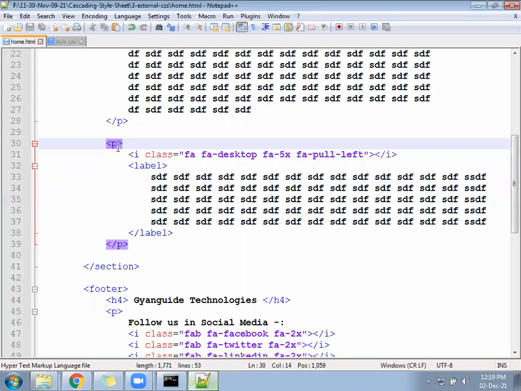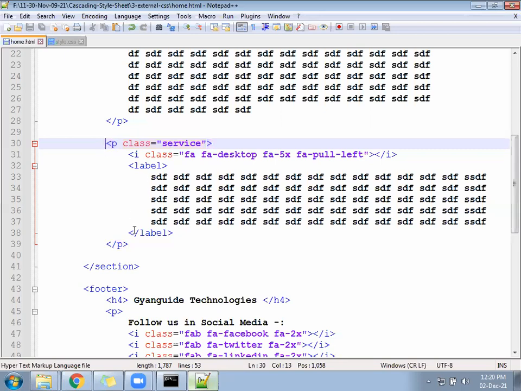For this paragraph, give class equal to service. Class equal to service.